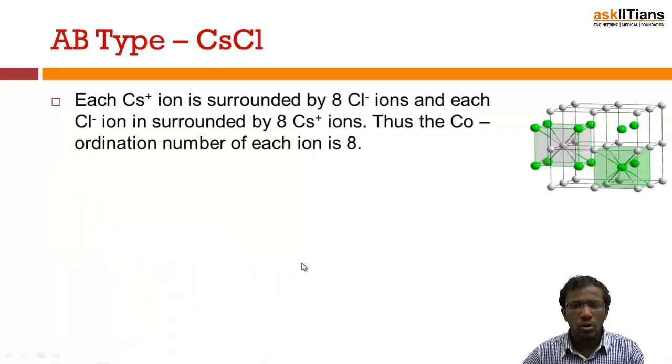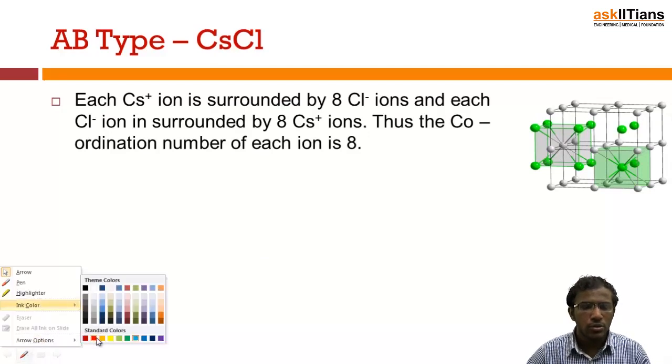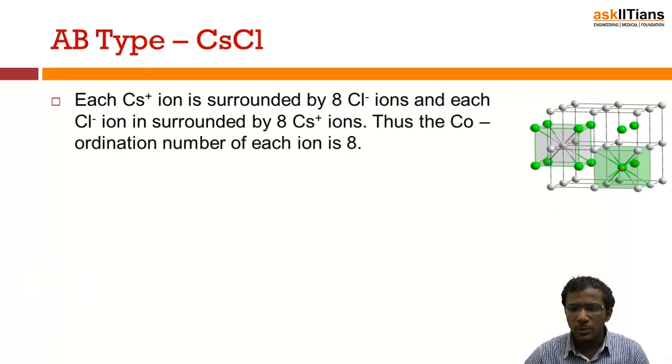So the next thing is the coordination number. The coordination number of cesium and coordination number of chloride. Here the cesium ion which is present at the center is touching 8 chloride ions. So the coordination number of cesium is undoubtedly 8, and similarly the chloride ion which is present at the corner, let's say this is the chloride ion which is present at the corner, which is surrounded by 8